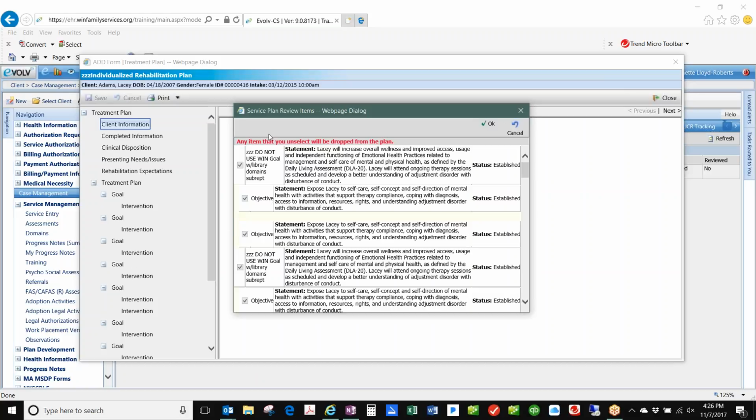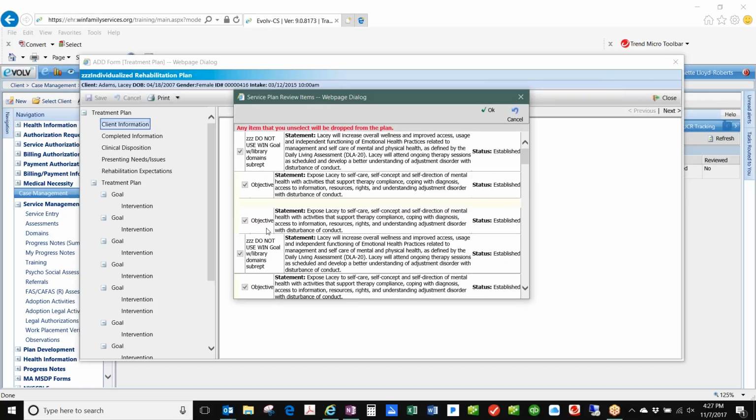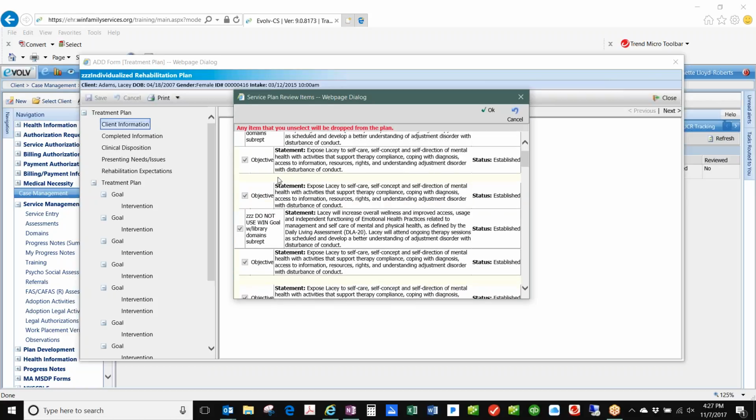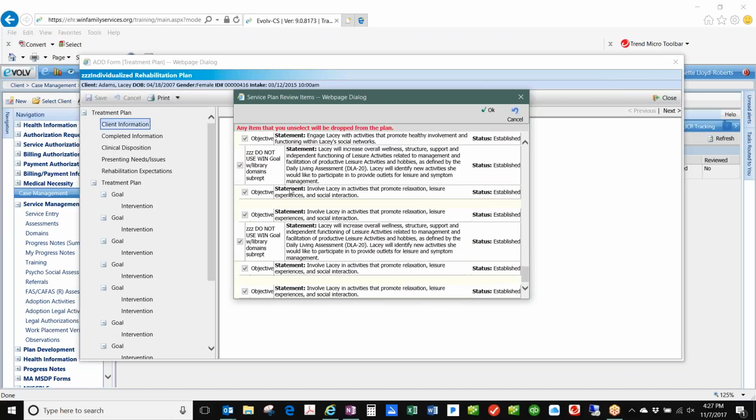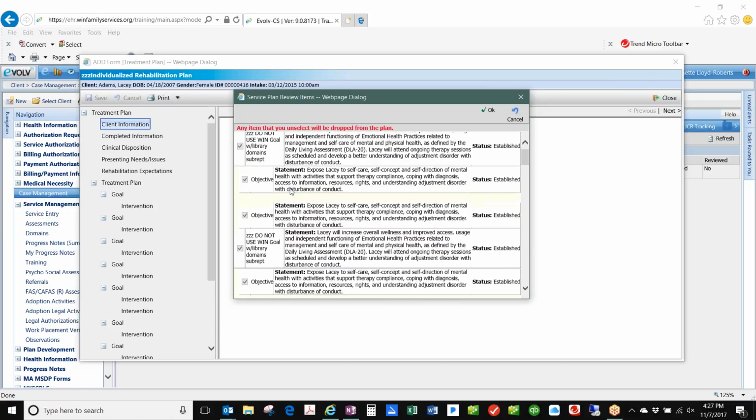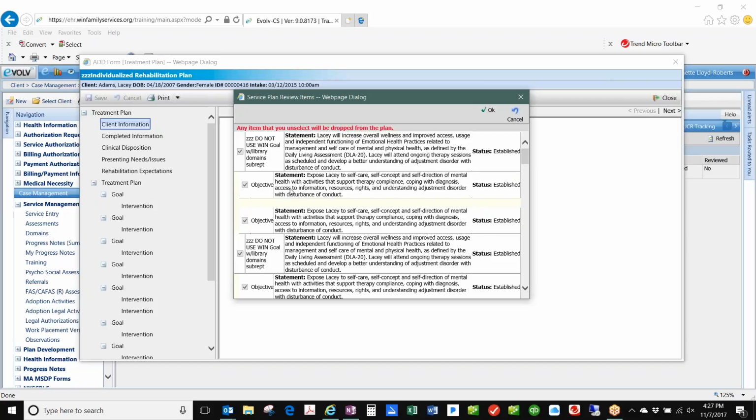So I choose no. And then here, it never lets you unselect it, so I don't know why they have that there. But basically, these are all the goals and interventions or objectives that were chosen for the initial plan. And it's basically saying that it's going to pull them over to this review plan. Can you